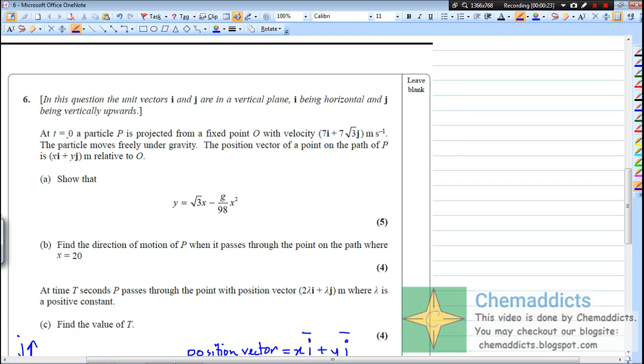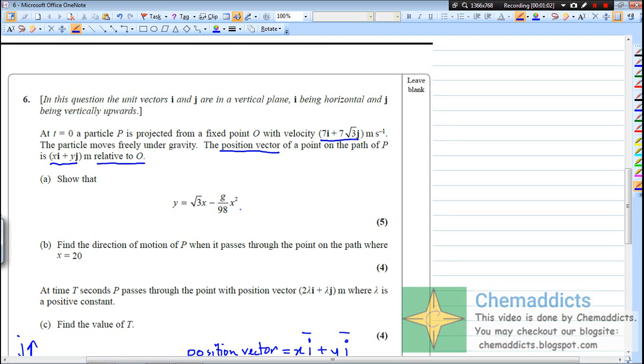So at t equals 0, a particle P is projected from a fixed point O with a particular velocity, in meters per second. The particle moves freely under gravity. The position vector of a point on the path of P is given relative to O. Okay, so the first question asks that